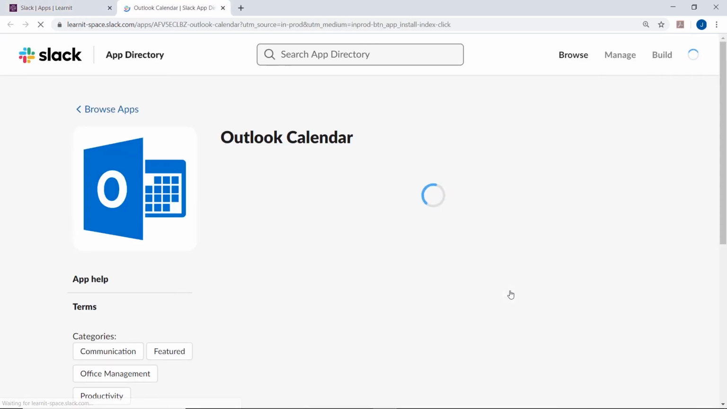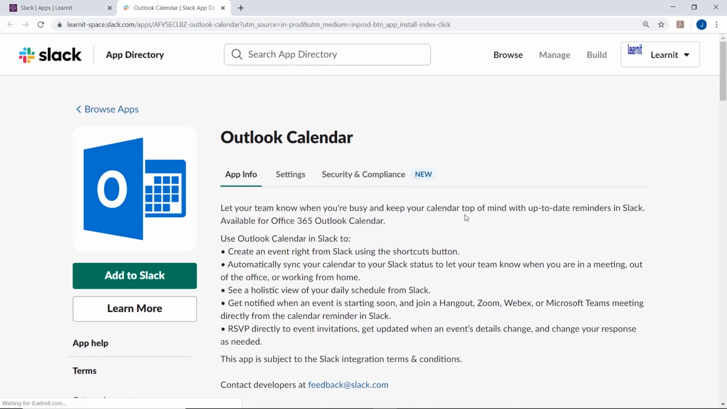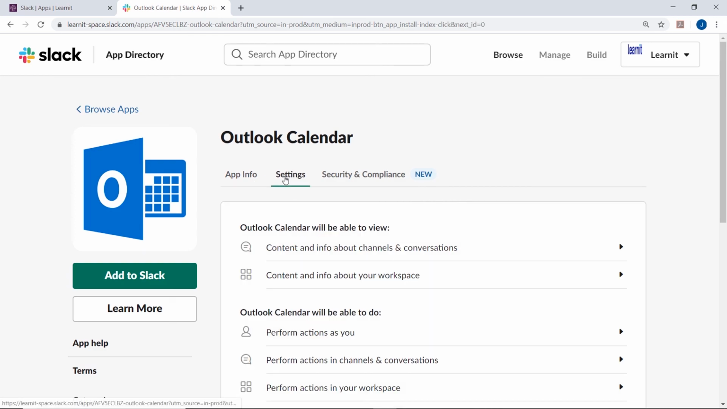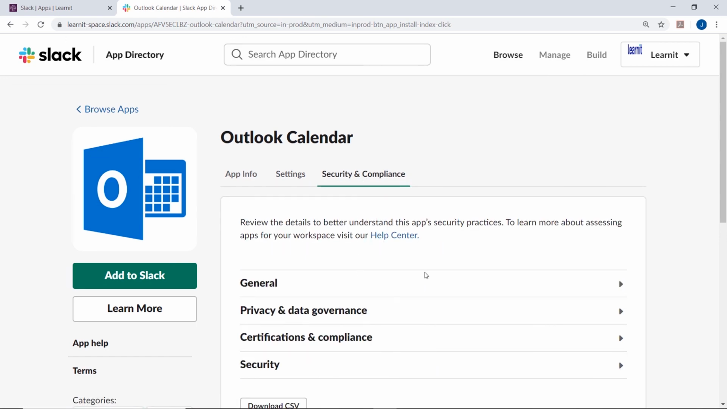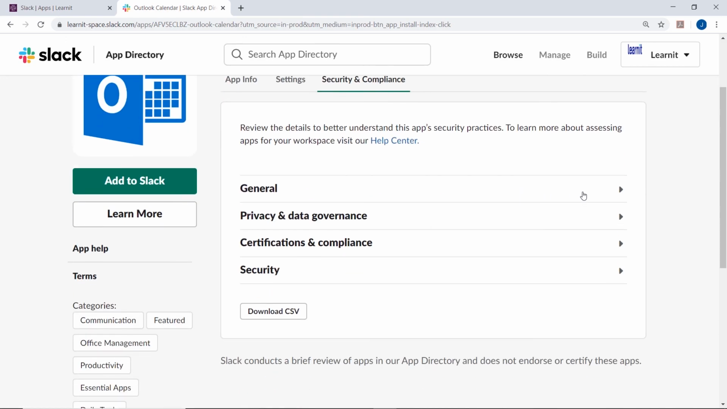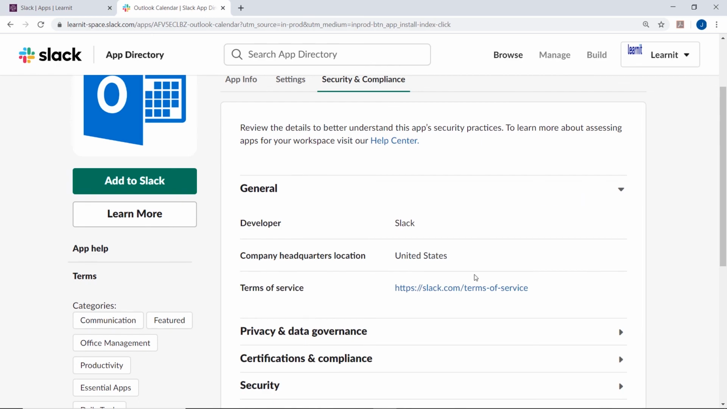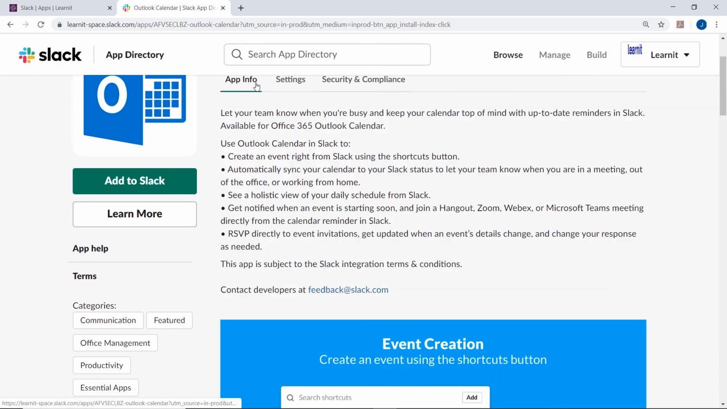and I click Add. It's going to bring me right here to the app directory. It's going to give me information on the app, some settings, some of that security and compliance that tells me just some of those details to better understand the security practices. Once I'm ready to go ahead and add after reading all this, I can go ahead and click Add to